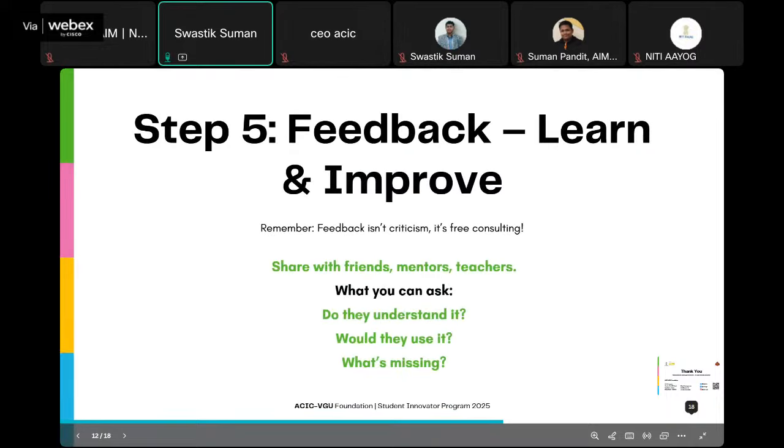Moving forward to step 5, here we will learn about why it's important to take feedback, what we can learn from feedback, and how we can improve from it. We should always remember that feedback isn't criticism. It's always free consulting where we can understand more, or get more clarity on our